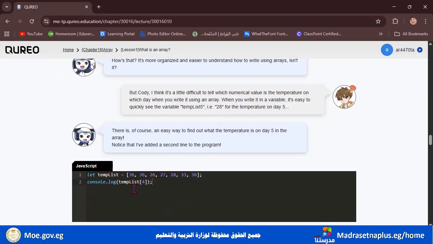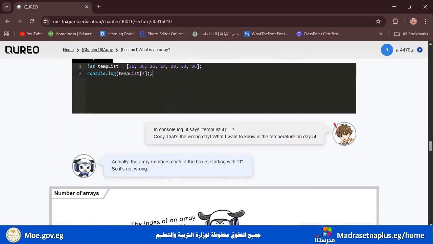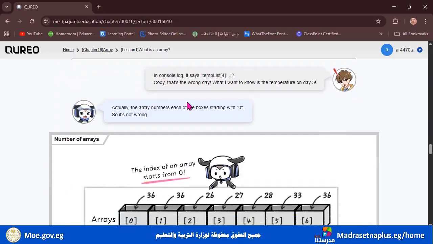This temp list has square brackets with the number 4 in between. Well, what does this mean, Cody? Well, console.log says temp list 4. Cody, that's the wrong day. What I want to know is the temperature on day 5, not 4.